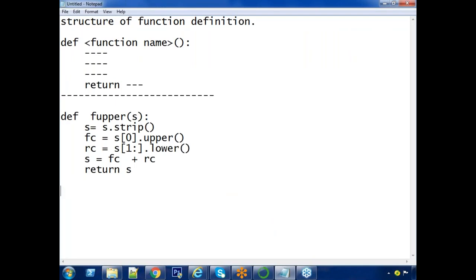Suppose your list is like this, with some spaces. Yesterday I showed two ways of the transformation technique.